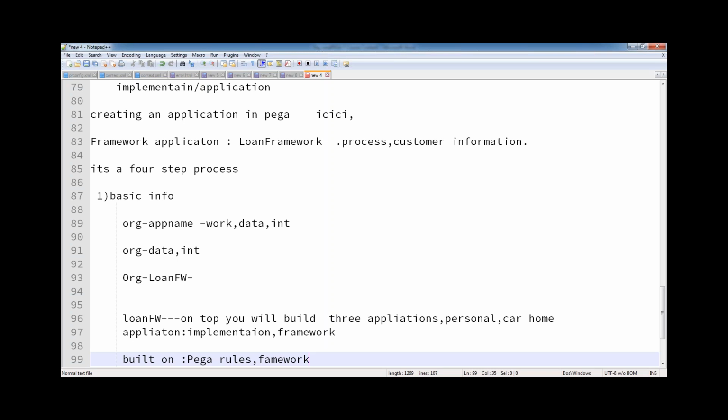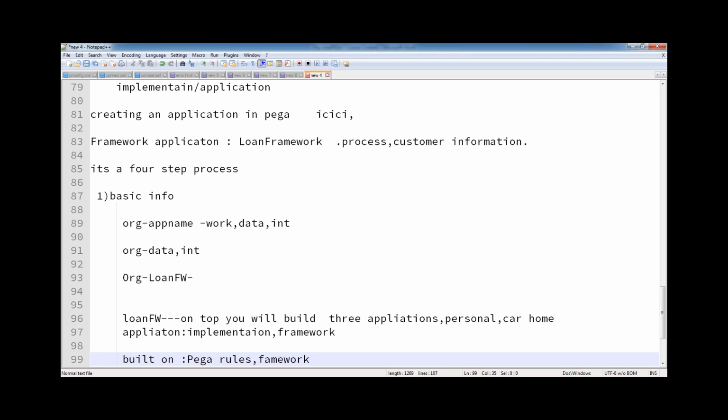Anyway, from Pega 7.18 the term framework is not used, but just for reference I am giving it; whether framework or application, those are Pega applications only. Just to distinguish, I am mentioning framework and implementation. But generally people still use the term framework application. Pega generally gives the products in the form of frameworks. Once a customer buys the product, on top of those frameworks they can build their own applications.